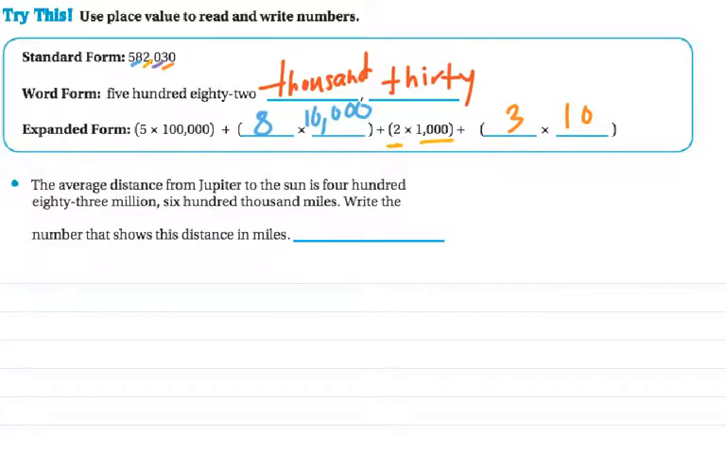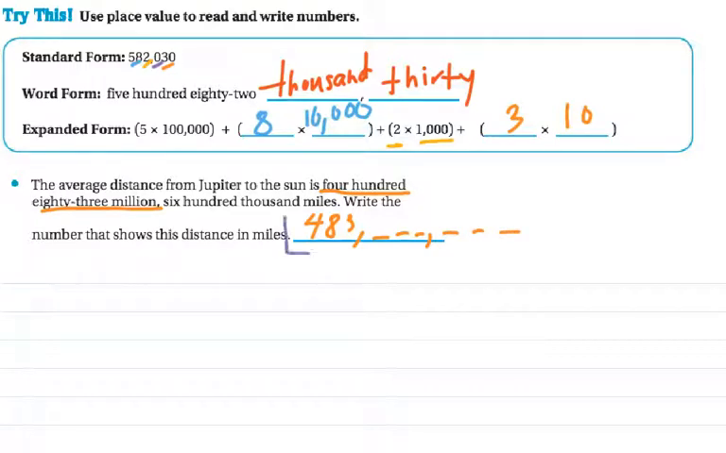The average distance from Jupiter to the Sun is 483,600,000 miles. Now it says to write that number as it shows the distance in miles. So I'm going to underline 483 million. So I know that I'm going to have 3 more digits here and 3 more digits here,